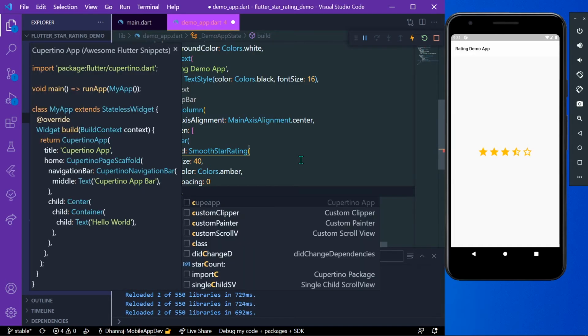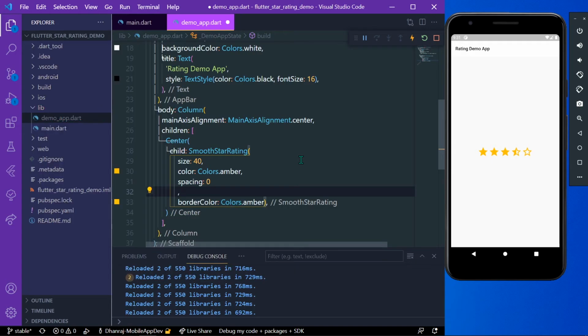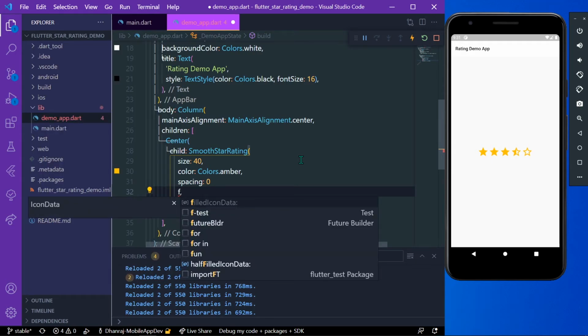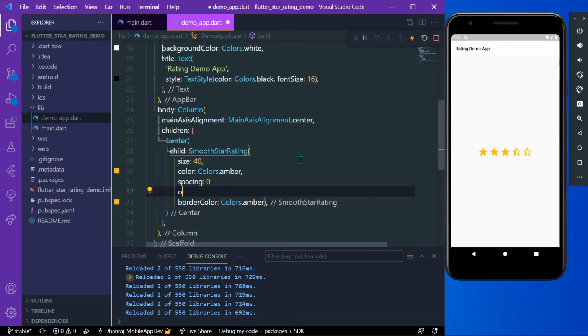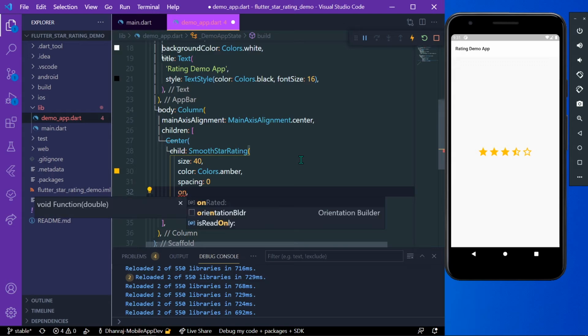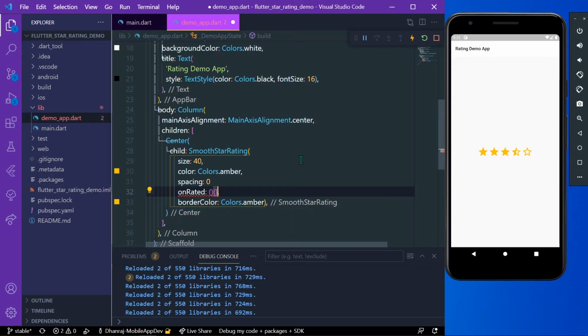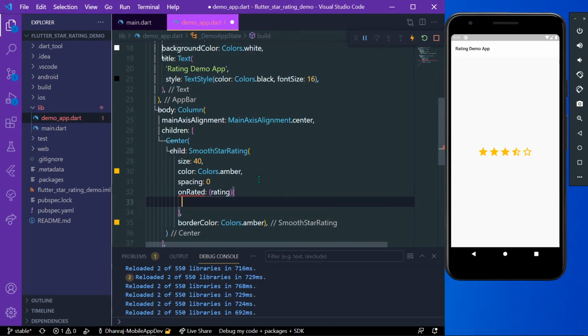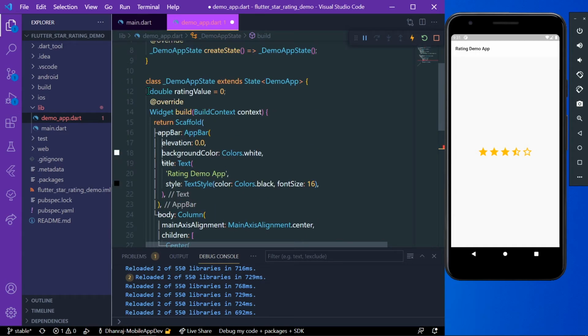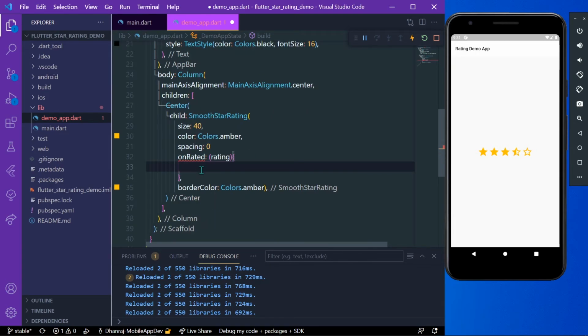And what are the other properties? Other properties are, let's say, filled icon data, or a property called on rated. This is on rated, it takes the value of rating, and suppose we declare a rating variable of double value up here, and we assign the rating value to rating, like this.